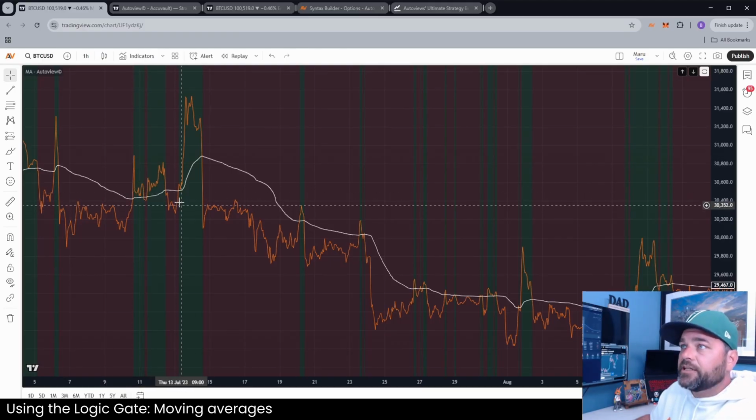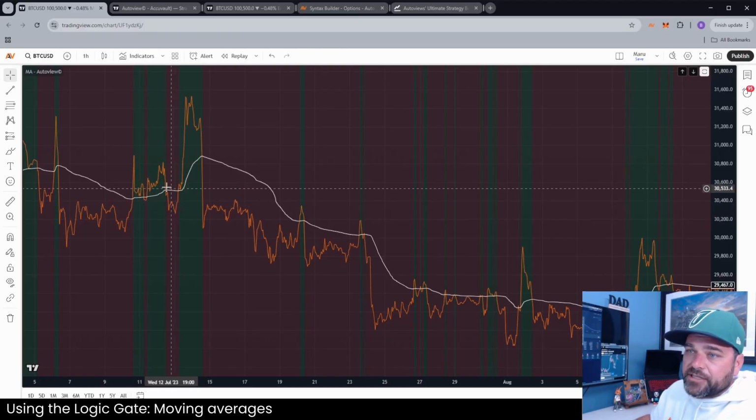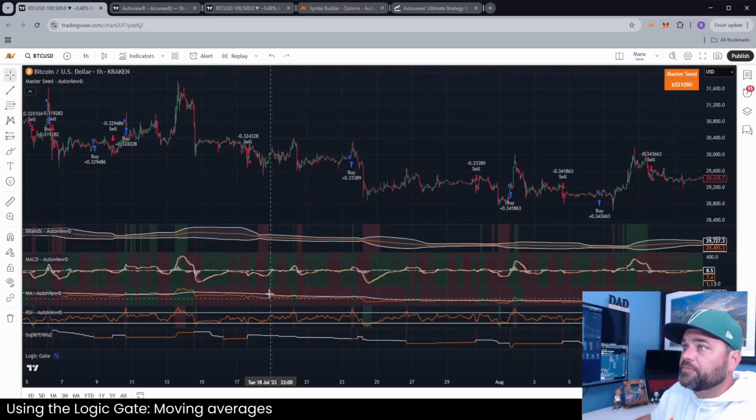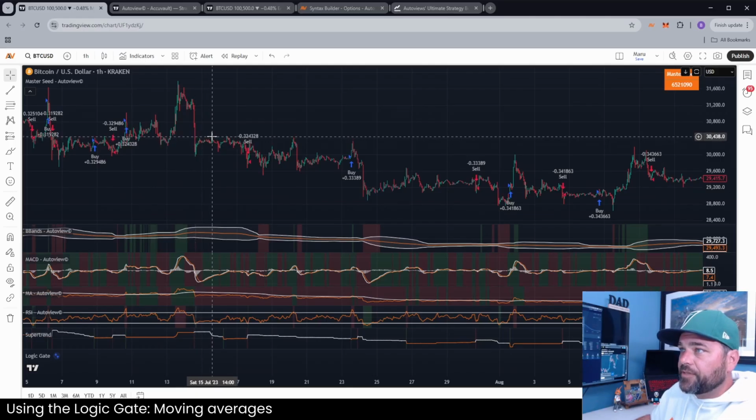if the orange crosses above the white one, it's going to be a buy signal, and then when it goes below it's going to be a sell signal. Because then you can see in this case we would have got a sell signal here, and we were in a sell for a while. So if we actually compare it to price,